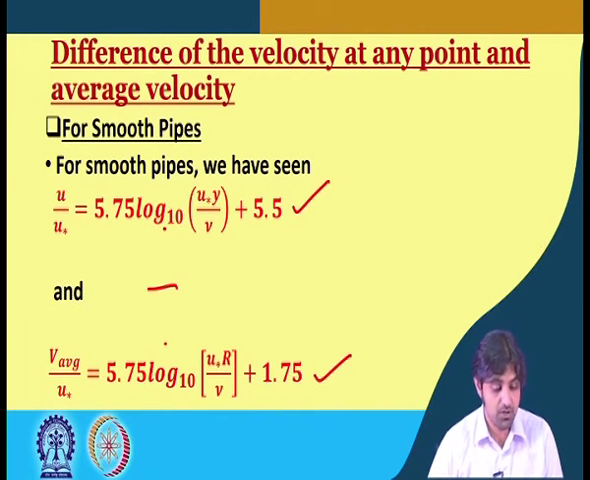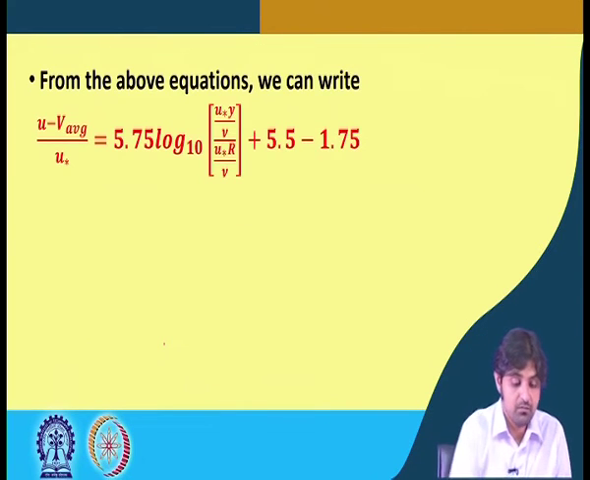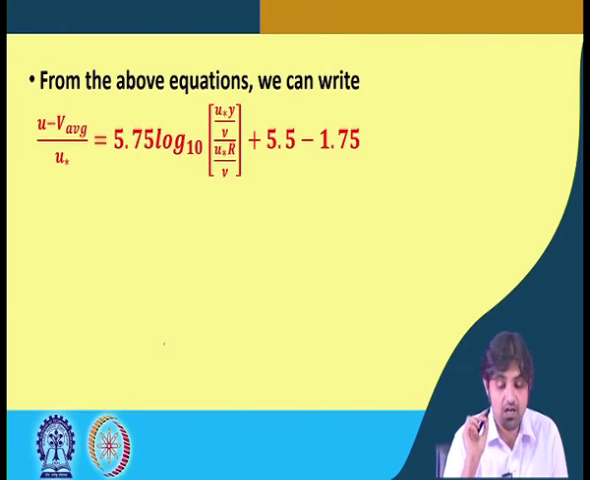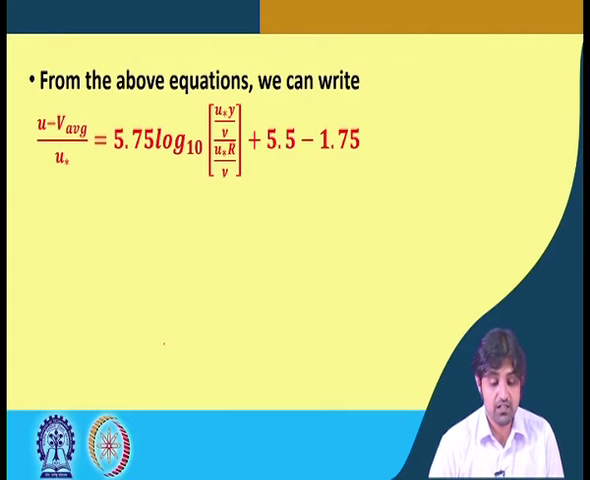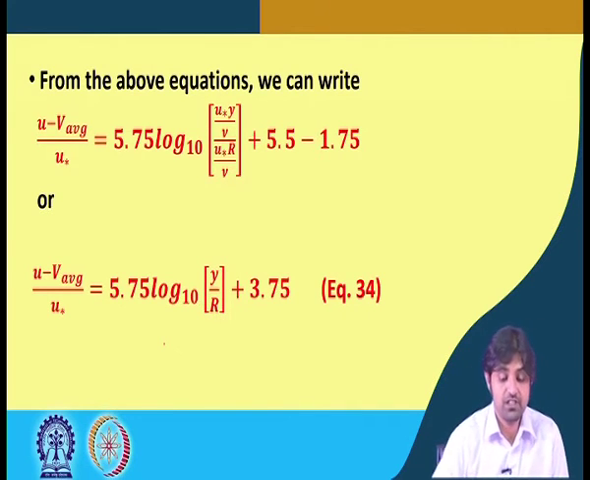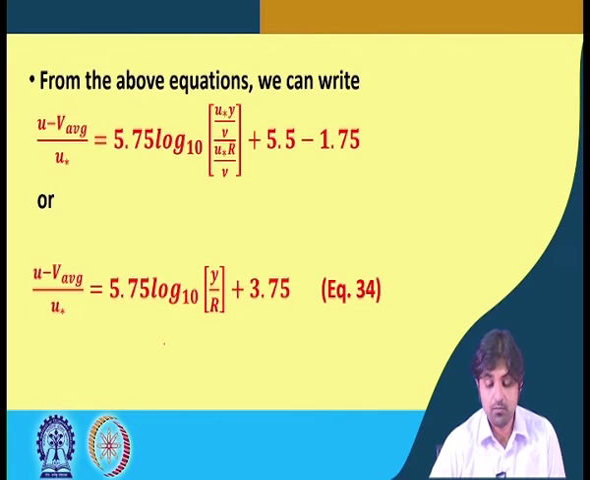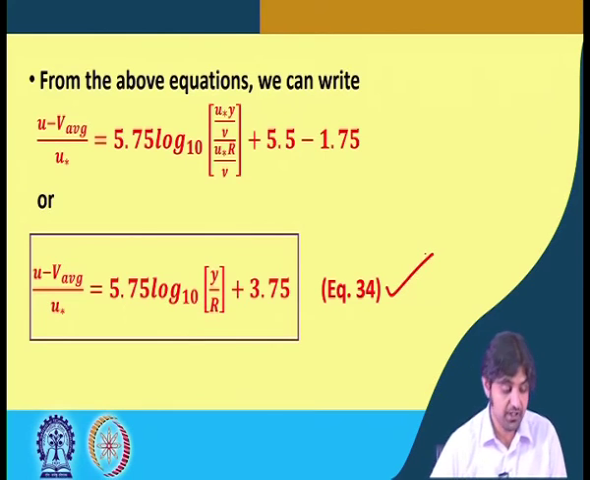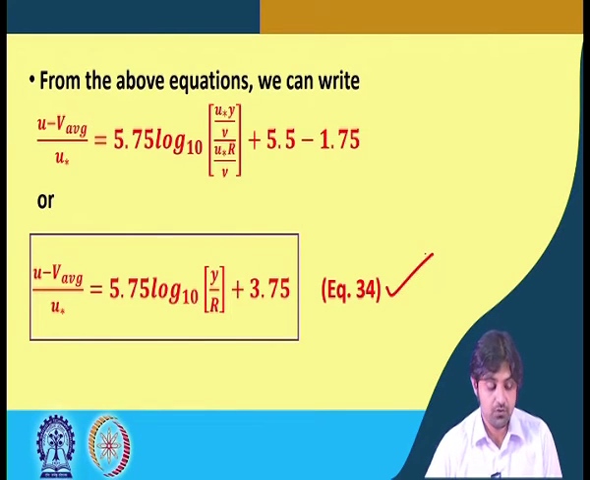u star is common. So, it will be u minus V average by u star is equal to 5.75 log to the base 10 u star y by nu, minus u star R by nu. So, nu and nu get cancelled, it will be y by R, or we can say u minus V average by u star is equal to 5.75 log y by R plus 3.75. Okay. So, this is an important equation again. All these you either remember or you can actually derive it. It is very simple, starting from the